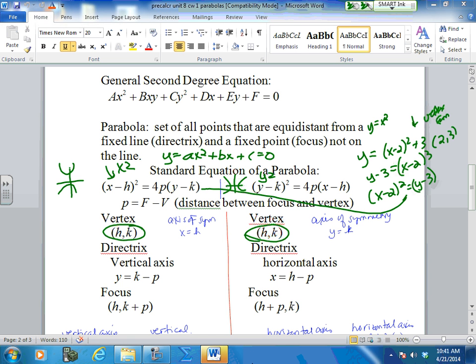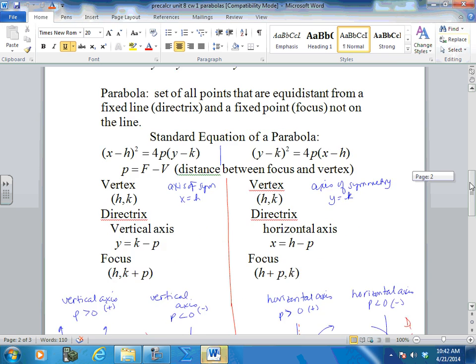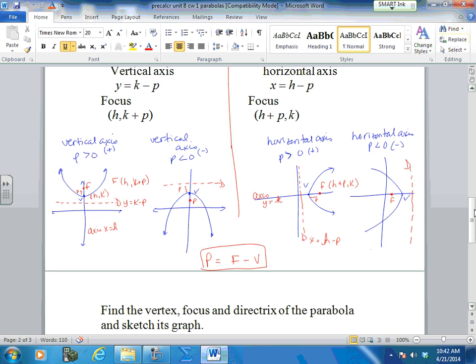But once we sketch this out, and I think on your papers I sketched it out a little bit for you, so that you could look to see which way this is going. Notice how I sketched it out for you so you could see. I'm going to drop this down and take a look at it down here. You have this sketch as well. When P is positive,